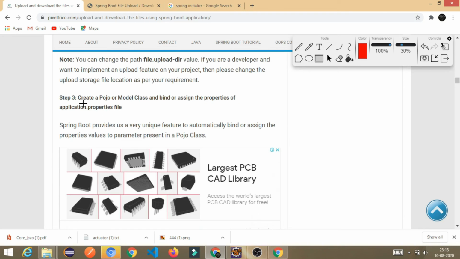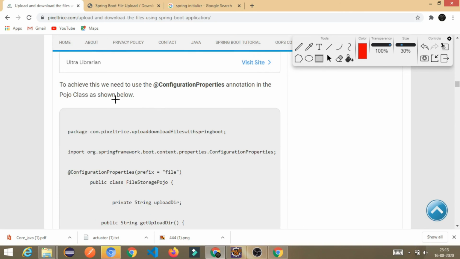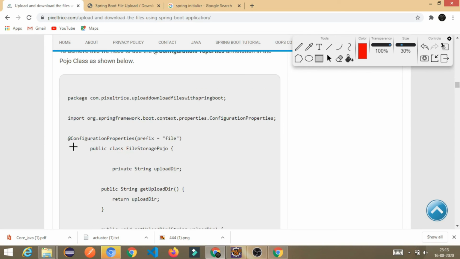Step number 3, create a POJO or model class and bind or assign the properties of the application.properties file. We are going to assign the values of the application.properties file, so for that I'm going to create one POJO class. This is the POJO class we are going to create. I've given the name FileStoragePojo.